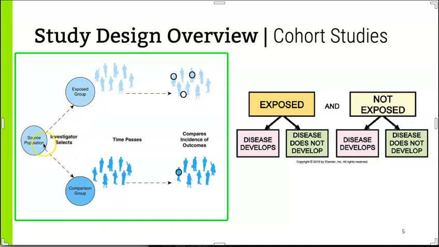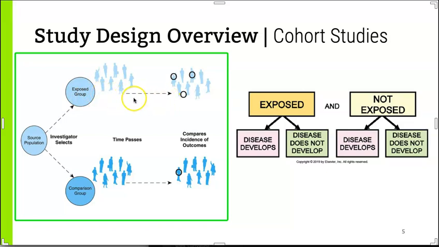So the source population that we would be looking at would be all incoming freshmen NC Wesleyan students, okay? And we would say, okay, let's just say that the exposed group would be those individuals that took the class, those freshmen that came in that said, yes, I want to take this class. We would then select a comparison group, which would be those incoming freshmen that did not take the class. And then what we would do is, over the course of the next 9 months,